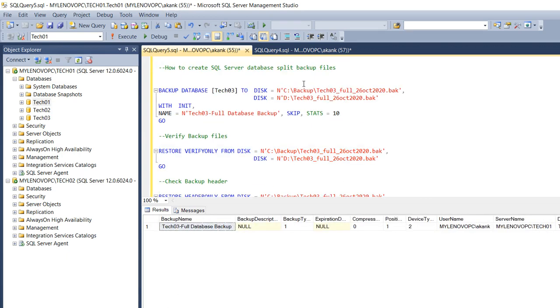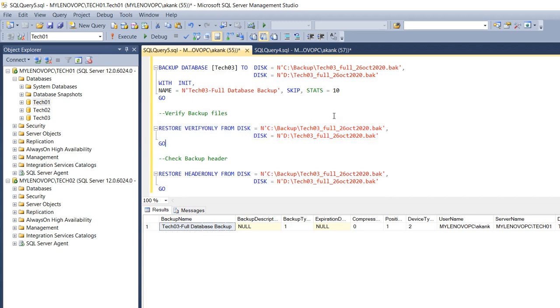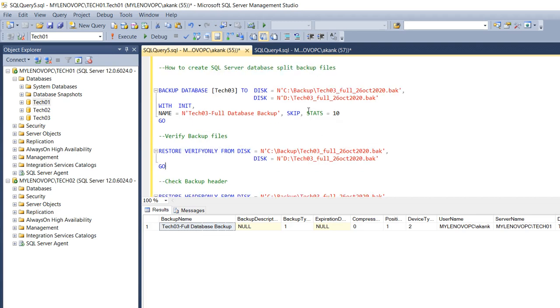So I have split it in 2 parts only. You can use multiple parts also, and you guys try to restore also with the same backup, to see whether that particular backup we are able to restore or not. I leave the restore portion out of this session. I'm not going to use that backup to restore the database, because I have already validated that the backup is okay, right? So this is the best advantage of taking the split backup.